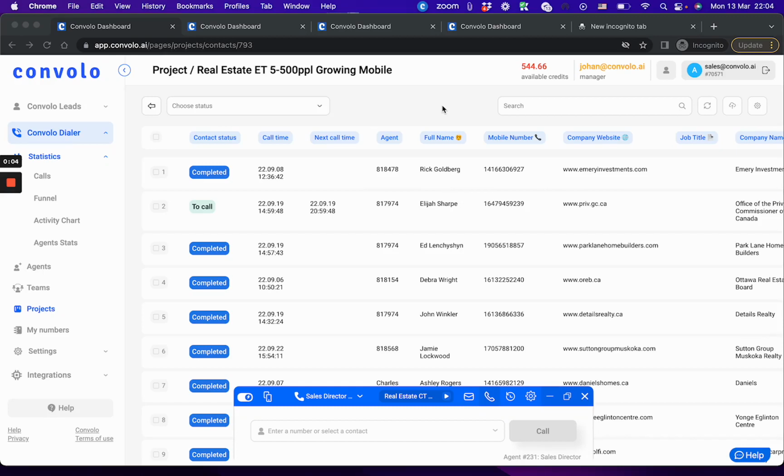I'm gonna share a bit about Convolo dialer and why people love it. There are a lot of dialers in the market: auto dialers, power dialers, predictive dialers, a lot of names, and sometimes people don't even know what those names mean, and they just heard something somewhere and so on. And a lot of times people are kind of frustrated with their dialers, and one of the big reasons is